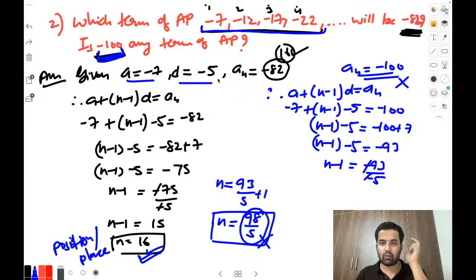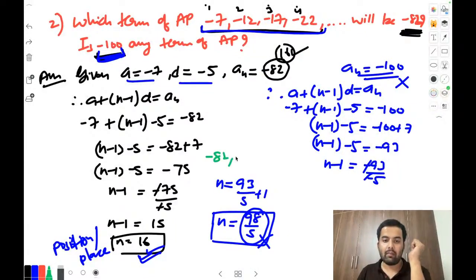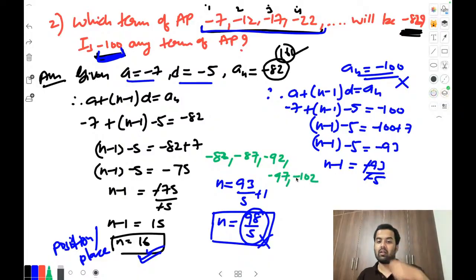Just let's take a cross check. See, we were having this -82. And what is the gap here? -5, right? So let me write after the -82 part. -82 is there, and -5 is the gap. So let's proceed further and check whether -100 will come or not. After addition, what will come? After this, -87 will come, then -92, then -97, then -102 will come. Now check this out. Is -100 coming anywhere? Nothing is -100 here, right? So that's why that is the answer. Is it okay?